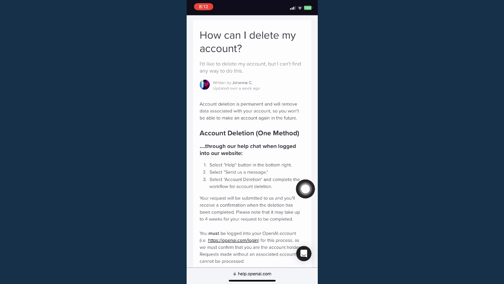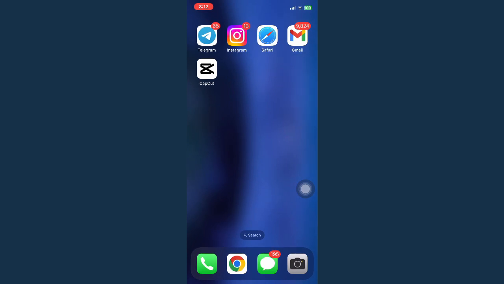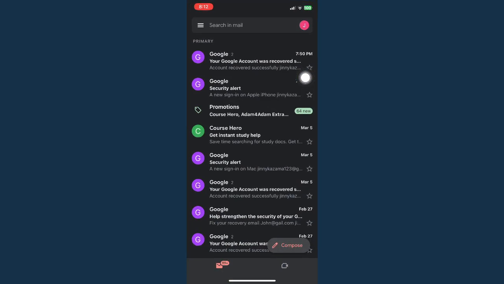However, again, this will only work on your laptop or your PC, and for mobile users such as your iPhone or Android, you may use your Gmail or any email apps. So go ahead and open your Gmail, for example, log in or sign in with your email that you have used in the ChatGPT account, and then simply compose and type in deletion at